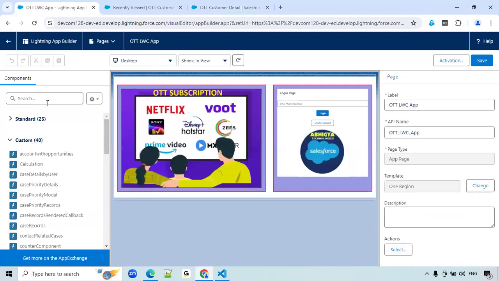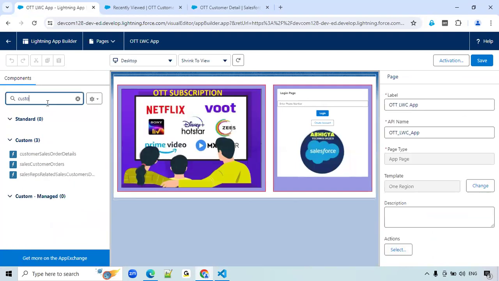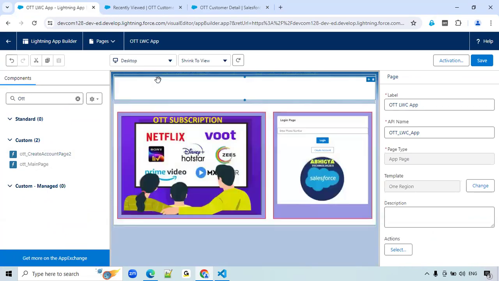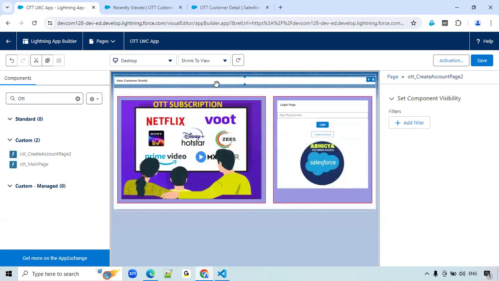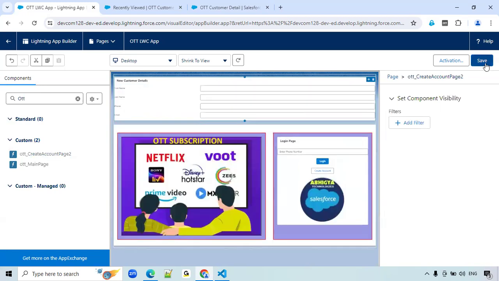So here, customer details, right? On the OTT create account page, I'm giving this on the top for now. Temporarily, for verification purpose. Okay. So let's save,